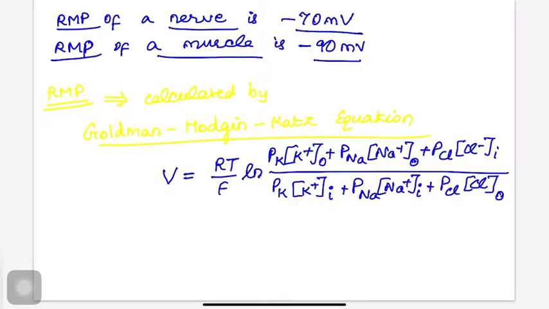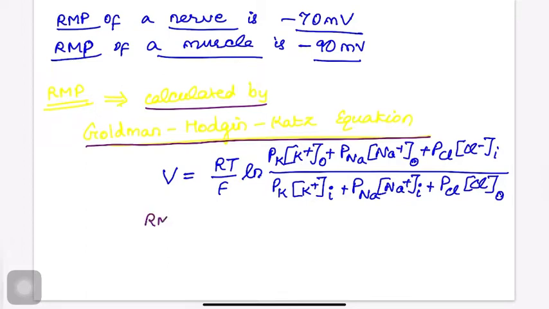So now, how shall we calculate the resting membrane potential? The resting membrane potential is calculated by the Goldman-Hodgkin-Katz equation. What is this equation? V is equal to RT by F ln of permeability of potassium into concentration of potassium outside, plus permeability of sodium into concentration of sodium outside, plus permeability of chloride into concentration of chloride inside, divided by permeability of potassium into concentration of potassium inside, plus permeability of sodium into concentration of sodium inside, plus permeability of chloride into concentration of chloride outside. We don't want to memorize this formula, but we should understand that the resting membrane potential depends